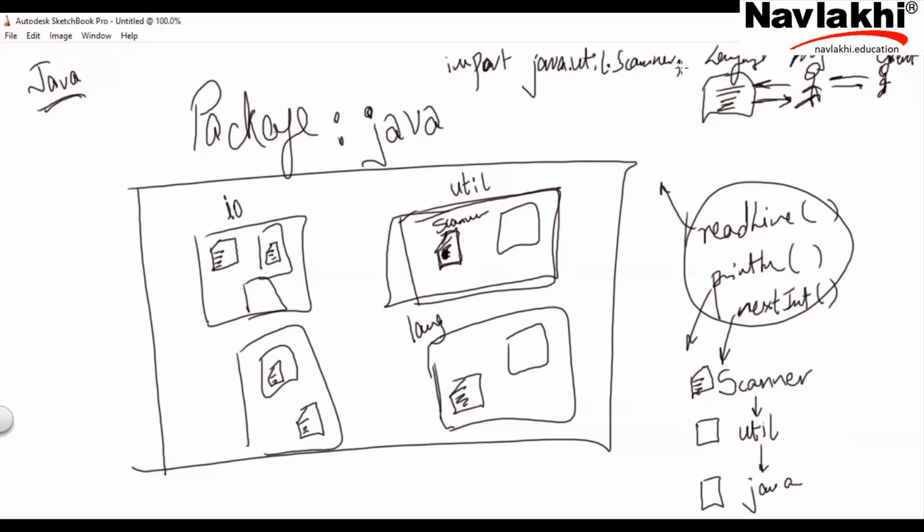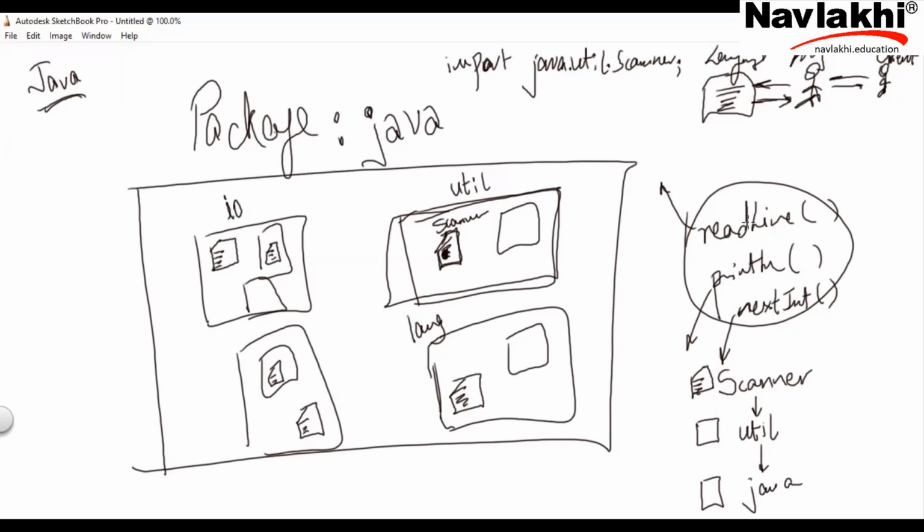What many people get confused about is this hierarchy, that functions are in classes, and classes are in a sub-package hierarchy again. So you need to know where every function is. Secondly, there's a very important problem in Java, which is the syntax, the writing method. You can see somewhere it's starting with a capital, somewhere with a small letter, and somewhere in between a capital letter just pops in. This is very important to understand. You can't mug this up.